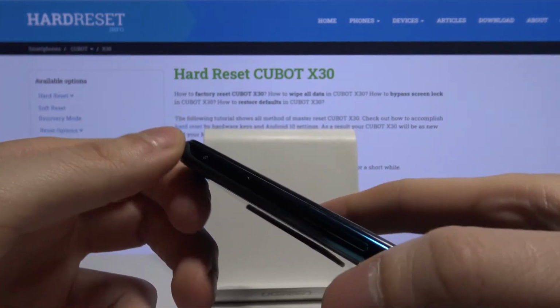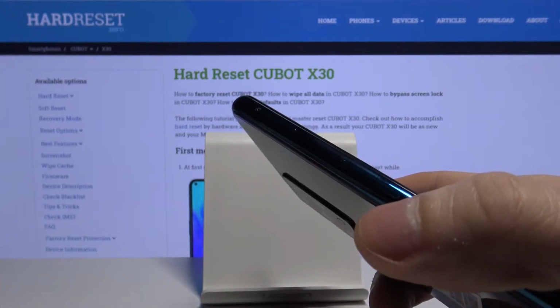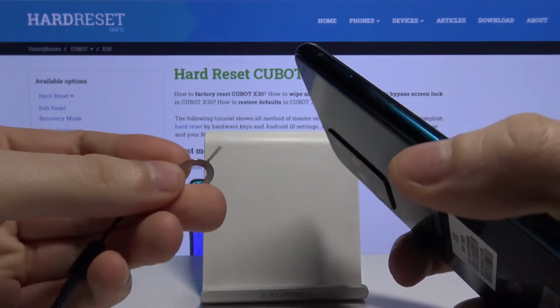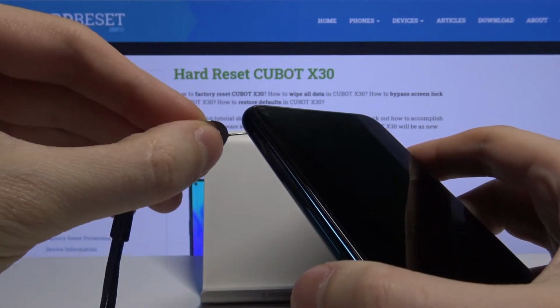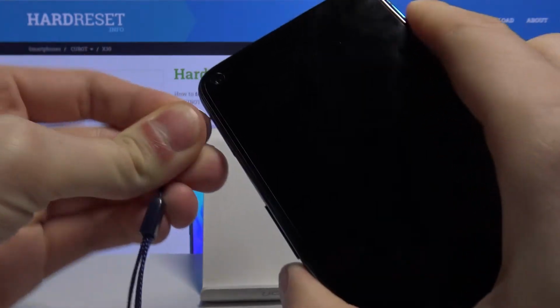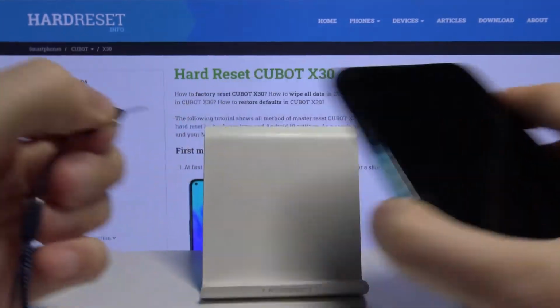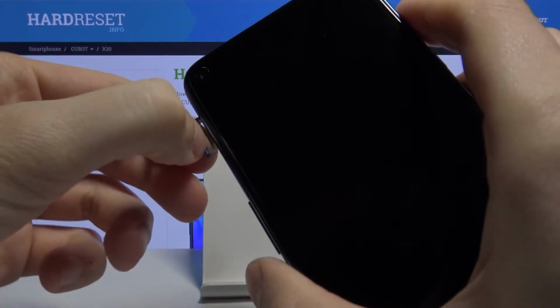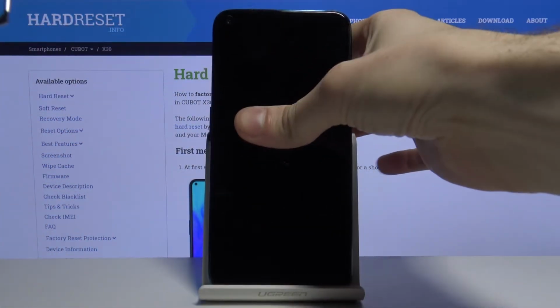Next you have to find card slot here. Take this kind of tool and then just put it in this hole here, and the slot will come out, I guess. Oh. Just pull it out and then